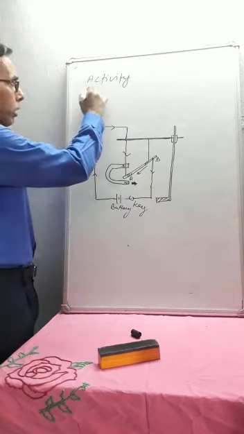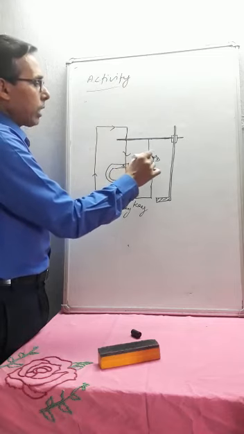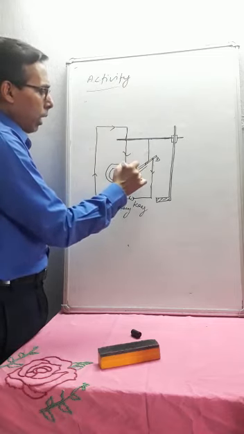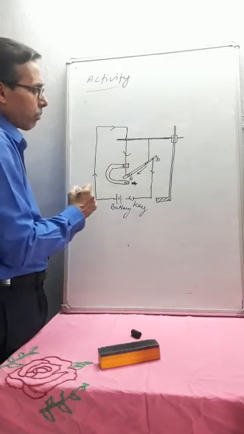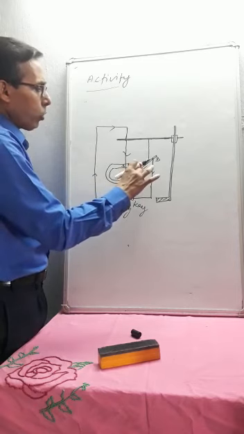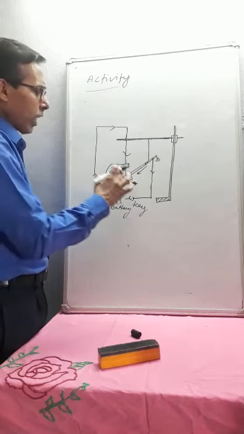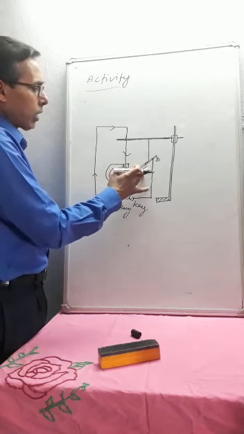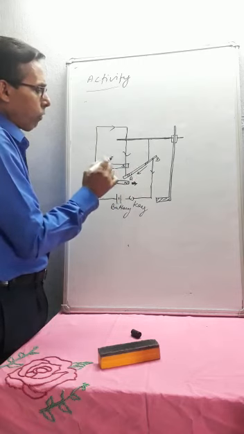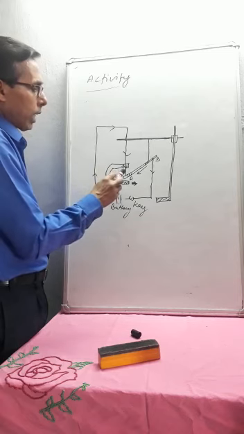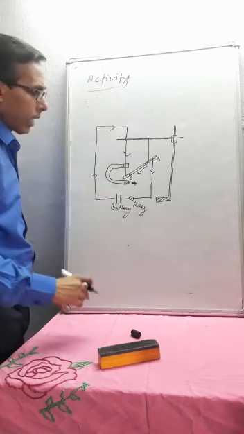So this activity shows that when we place a current carrying aluminium rod AB perpendicular to the direction of magnetic field, then it experiences a force. Now, how do we find out the direction of force in a current carrying conductor when it is placed inside the magnetic field? We can find out the direction of force or direction of motion in a current carrying conductor by using Fleming's left hand rule.